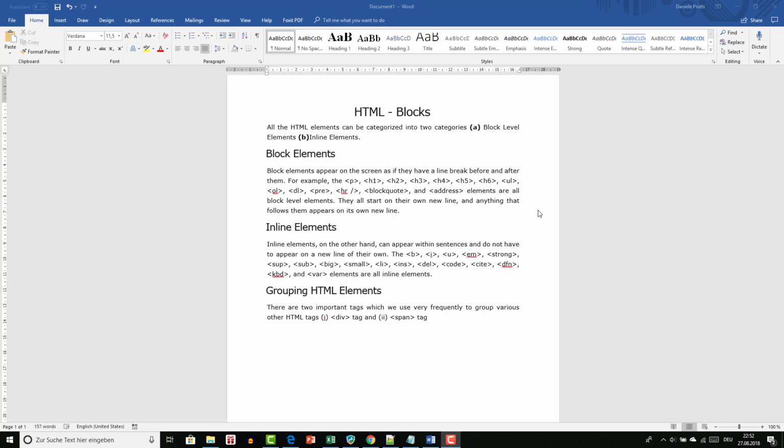Then there are other elements like B for bold, I for italics, U, EM, strong, and so on. You see the list here. That means that they can stay on the same line as others. These are the inline elements. The most important